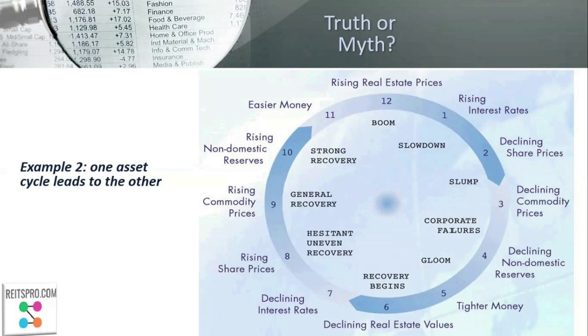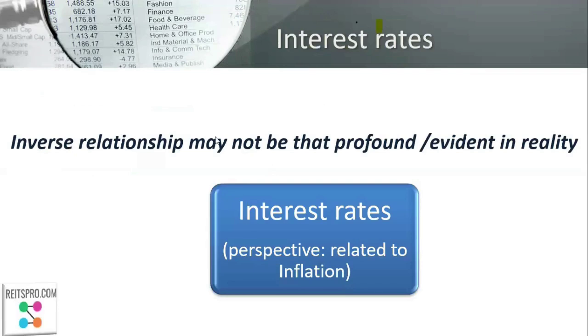A lot of times what we hear in theory may not turn out to be true. There can be reasons that can be attributed to these later on. For example, here we can say that there's excess liquidity, there's pent-up COVID demand, and so on. So the inverse relationship with interest rates similarly may not be that profound or evident in reality, because we are actually looking at interest rates from the perspective of inflation. So when there is high inflation, naturally there are higher interest rates. We are looking at that kind of a perspective.